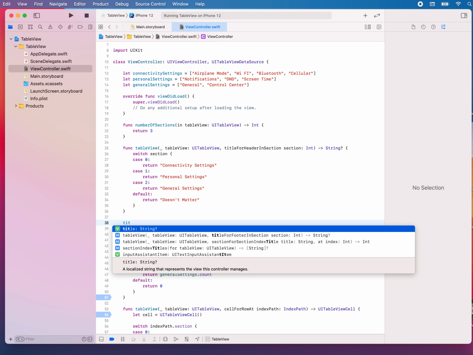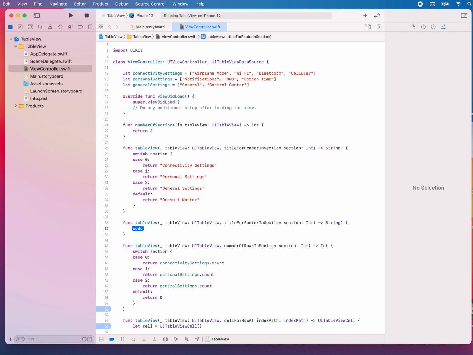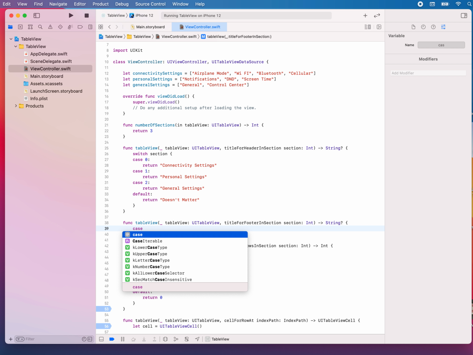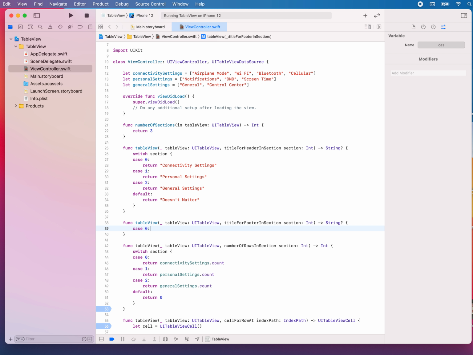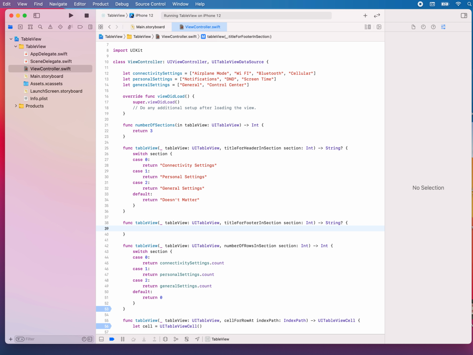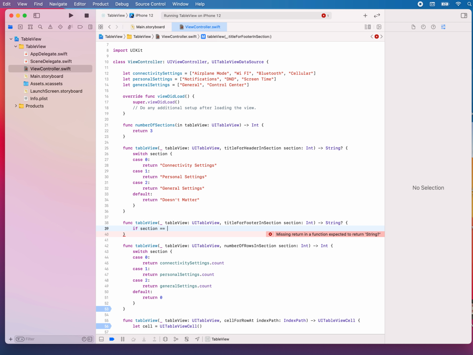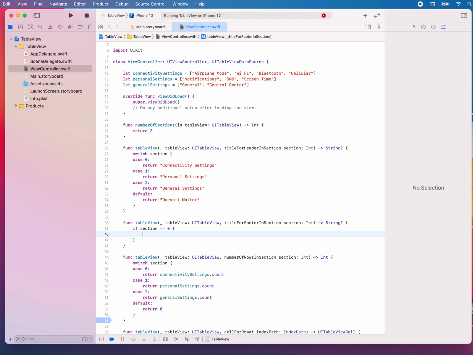So if you really want to add a footer, then you can go forward and say title for footer in section. Of course, you will have the option to autofill it. Let us say only for connectivity setting, I'm going to go forward and define a footer and say something like, oops, I didn't have a switch statement, so pardon me. I'm going to say that if section equals 0, practically I would advise you to use enums, right? Define the enums and then use those enums. But since we do not have the enums, I'm going to go forward with this and say if section equals 0,